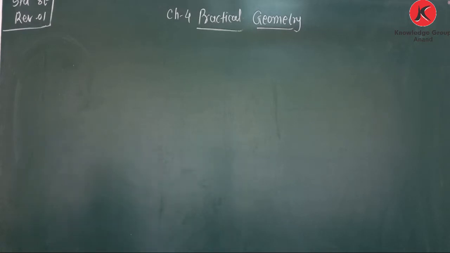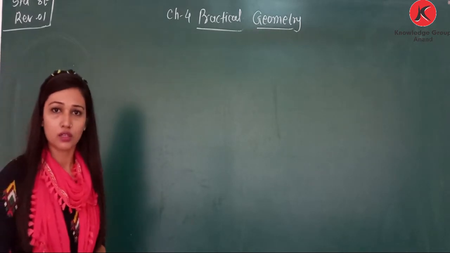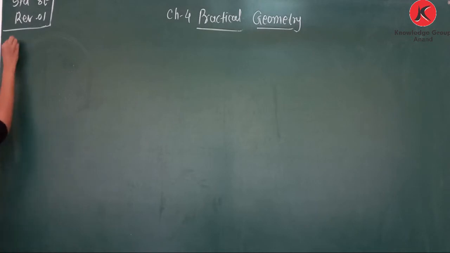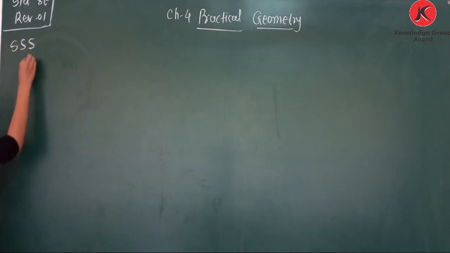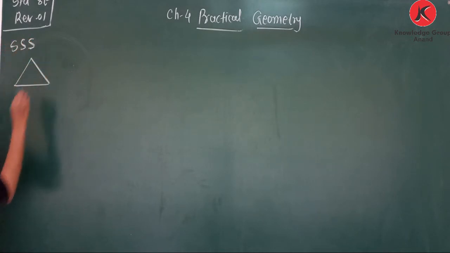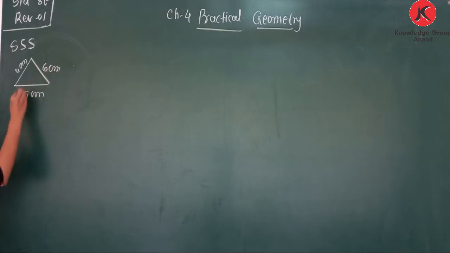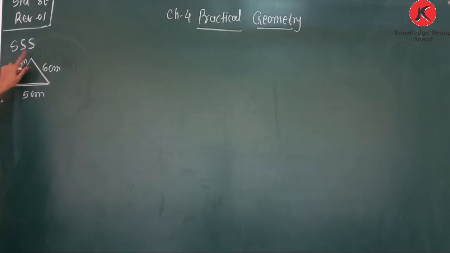Okay, in previous standard 7, we learned about the construction of triangles. In a construction of triangle, we learned that with SSS criteria, if three sides are given, we can construct the triangle. For example, 4 centimeter, 5 centimeter, and this is 6 centimeter. So it is possible to draw a triangle. Draw 5 centimeter, from this point make an arc of 4, and from this point make an arc of 6. So if three sides are given, we can construct a triangle.